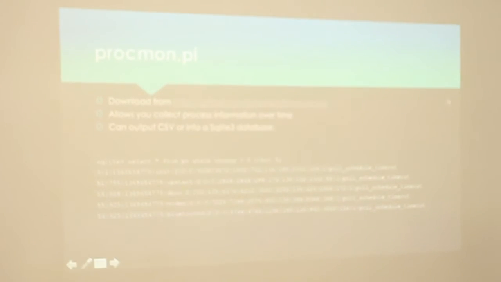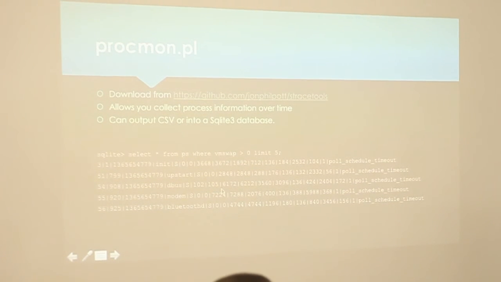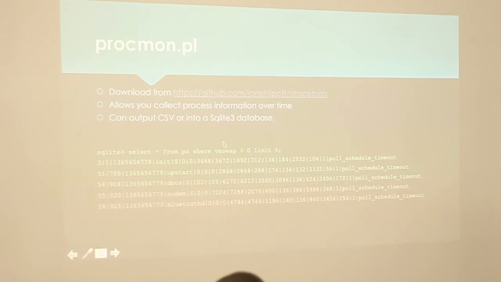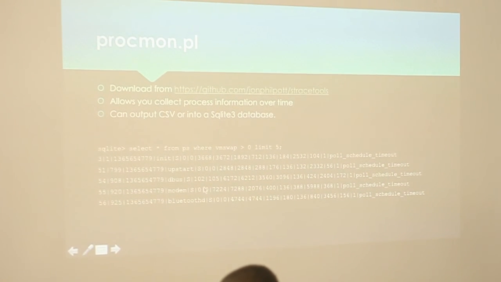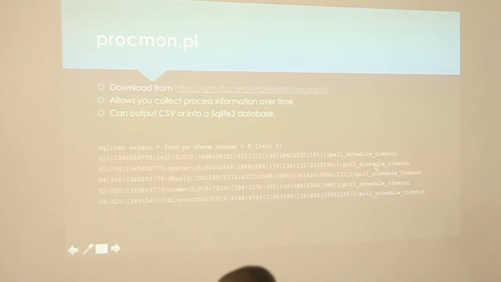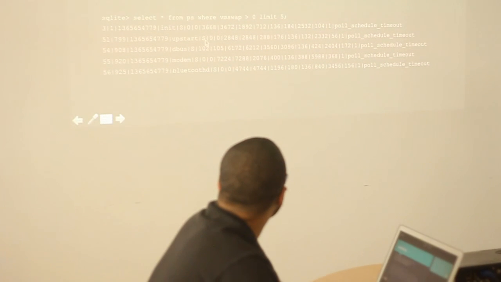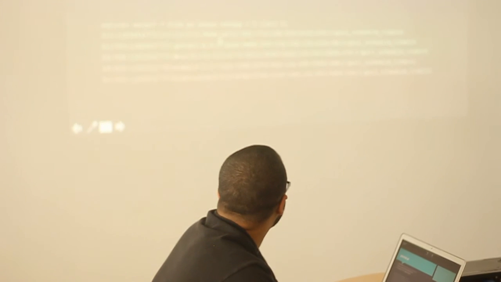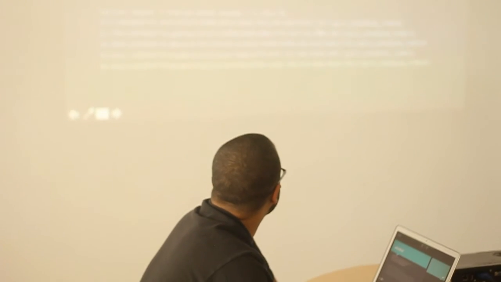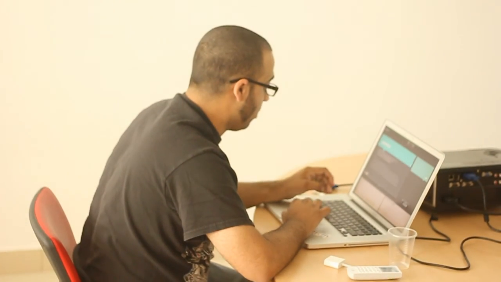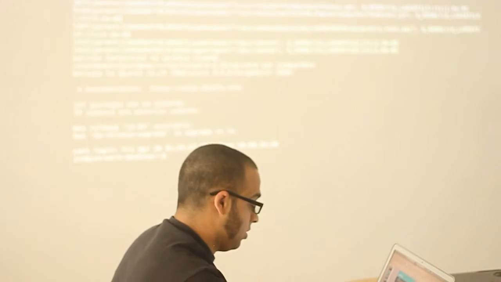So in order to help with that, I have another SQLite generating tool called procmon. And procmon periodically checks the status of all the processes running on your machine, logs into SQLite along with the current wait channel it's waiting on, the process state, and it also gives some idea of its memory usage. Which will give us a